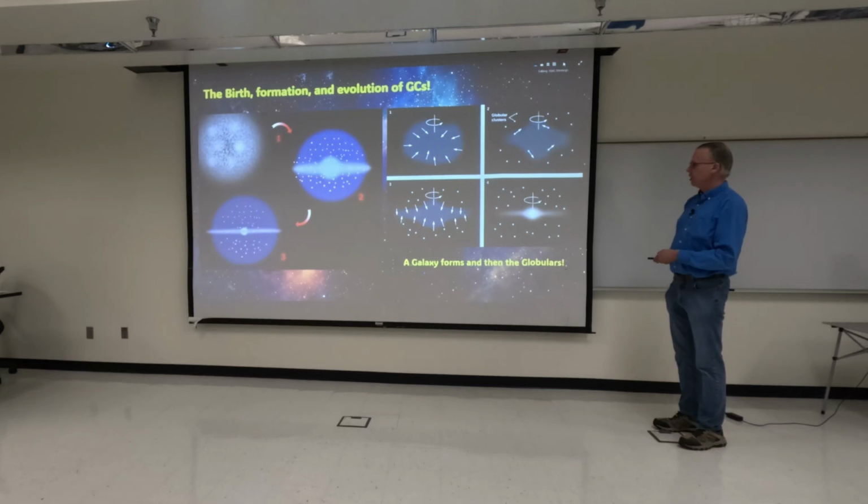How they form depends really on the nature of the galaxy itself. We talked about how there's a bunch of mass in a protogalactic cloud. If it's spinning very fast and doesn't have a lot of mass, it's going to form a spiral galaxy. If it's spinning very slowly, but it collapses pretty quickly, it becomes an elliptical galaxy, and that affects where we're going to see the motional behavior of the globular clusters.